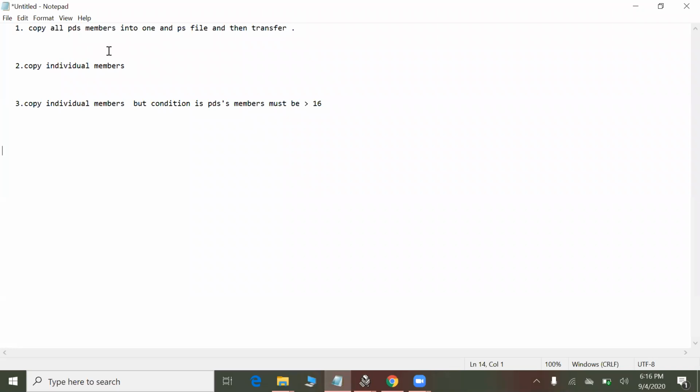First, you can copy all the PDS members into one sequential file and then transfer it. Second is individual copy. And third, you can copy individual members, but the condition is that the PDS members must be 16. I will tell you what that is. Now let's start.